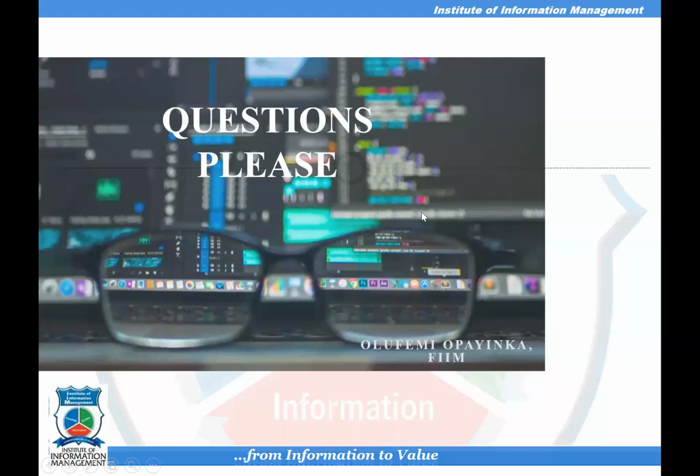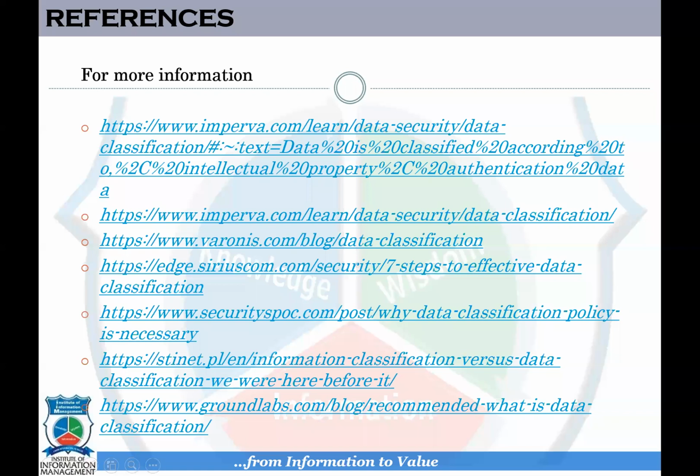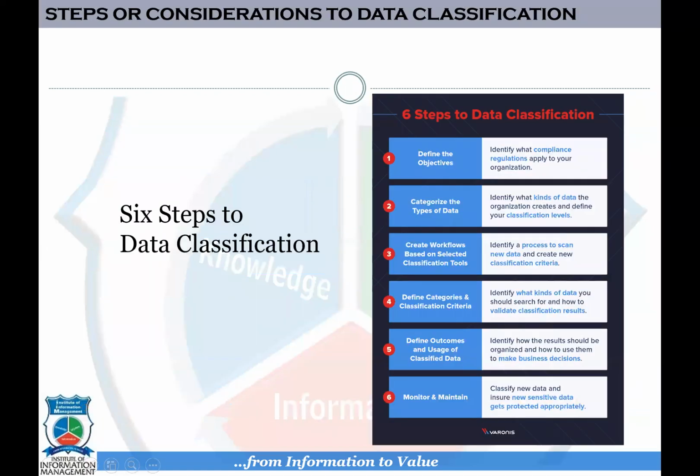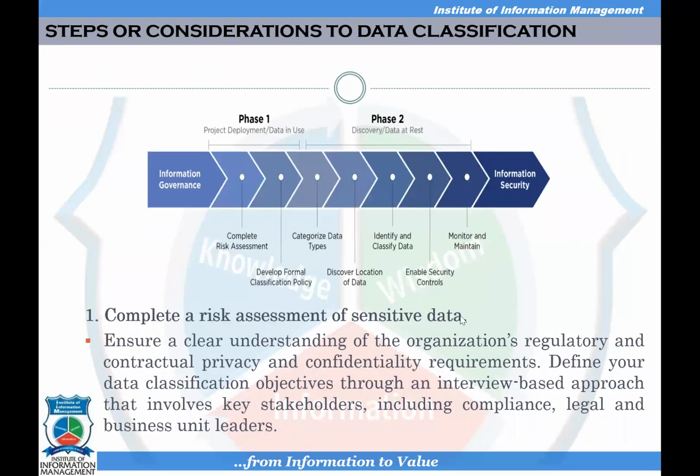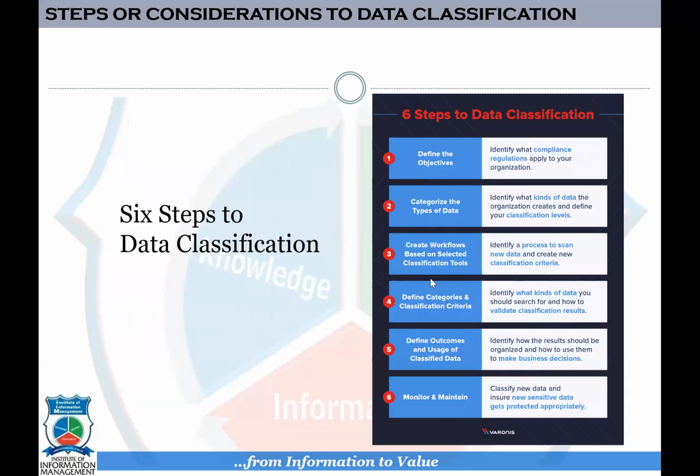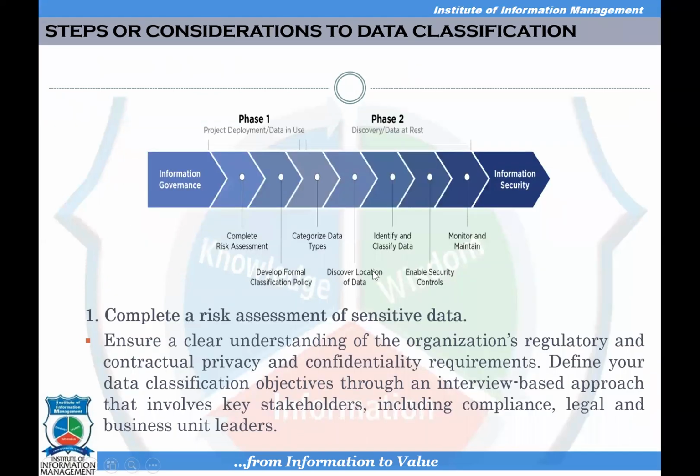That's one. Two is that this classification of information and data, what is the correlation between it and the sources of the data? Because you'll agree with me that there are types of data. We have primary, we have secondary, and we have tertiary data. My understanding is that data from secondary and tertiary sources might have been classified. If there's a contrary opinion to that, I would like to know. Thanks.